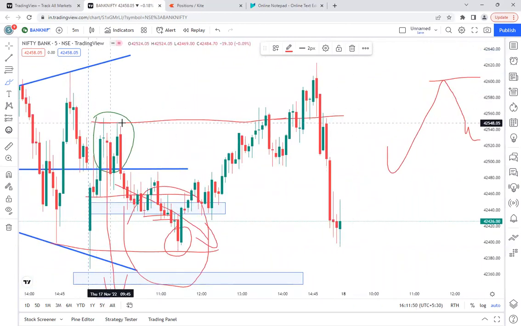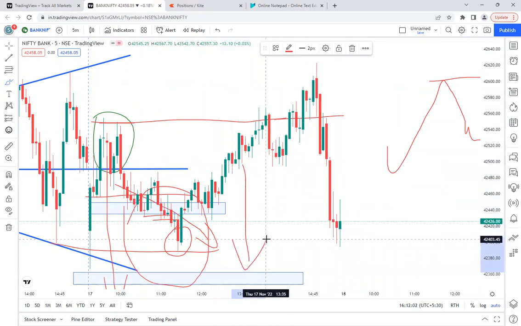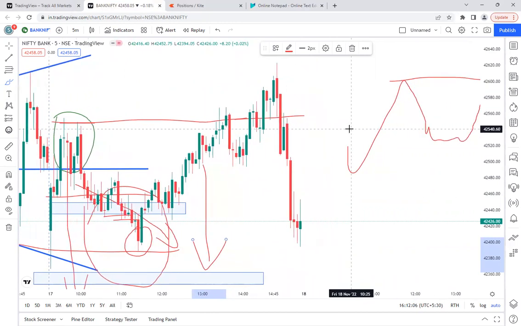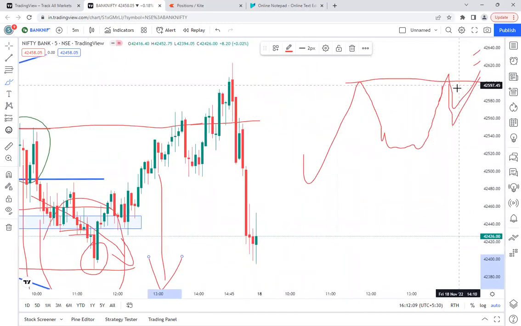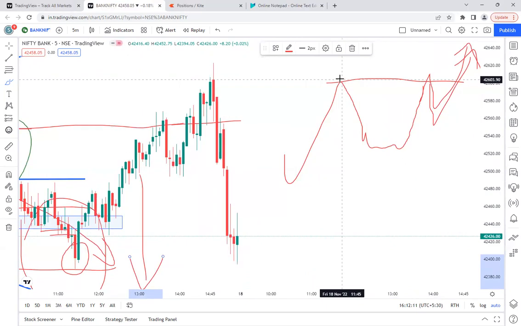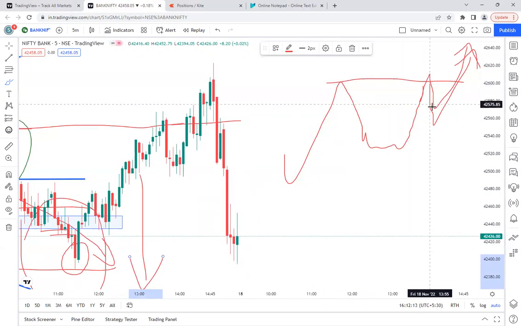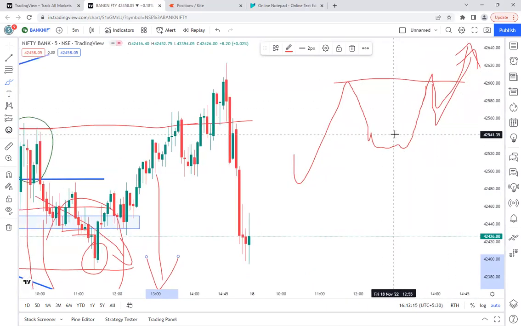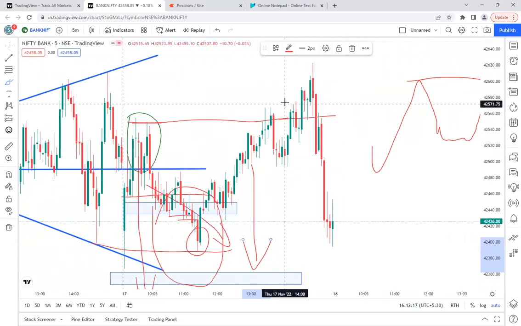So from here, they fell down in the morning session, right? But until they reached this point, I was in selling mode only, because I was expecting this sort of move somewhere here to bring it down sharply. But they finally reached that level. After reaching that, I understood there may be a pattern: after reaching the same level from where they fell down, after some profit booking, they will go up again. So that is what happened today.